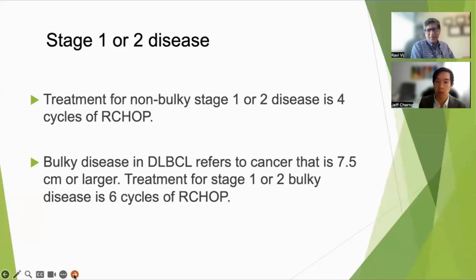And so I think it would certainly be reasonable to treat them with a full duration of 6 cycles of treatment, because you have more lymphoma to go through and debulk. So do you see any role for radiation in your early stage disease? I do, occasionally. There are some older studies that were run through the Southwest Oncology Group, now SWOG, that looked at comparing,